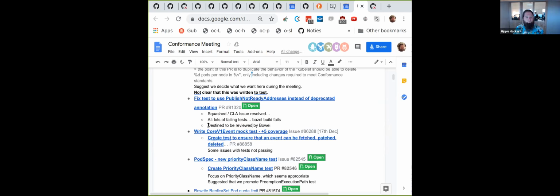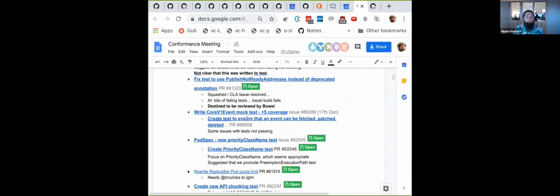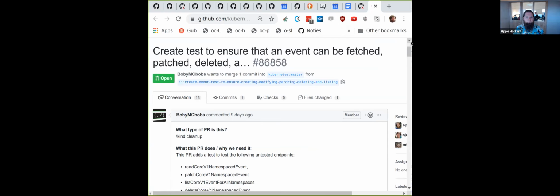So we'll put that as... I'm just going to bold the AIs for us to follow up later. The next one is a +5 in coverage, and again we're having some issues with these not passing. So we'll go look real quick at the...